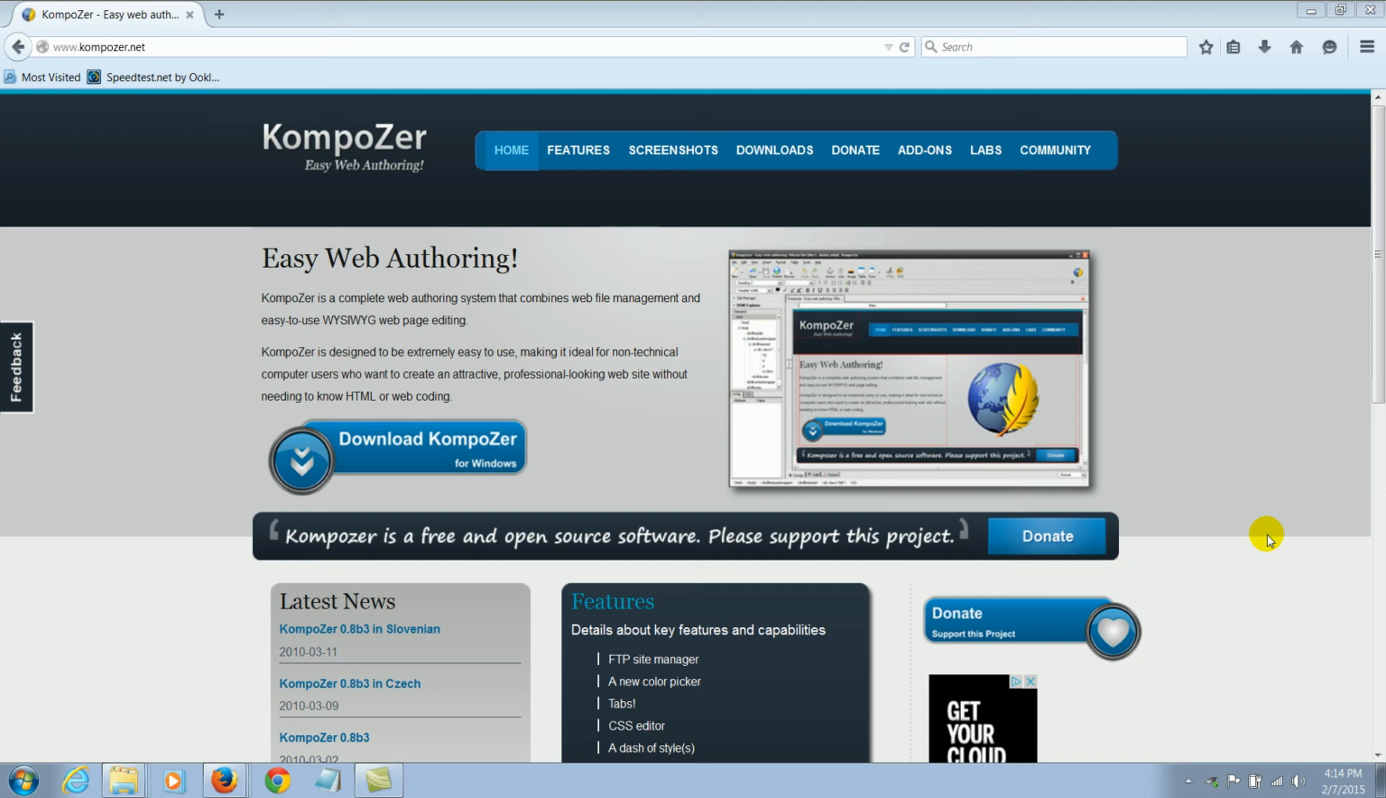Hello, in this demonstration we're going to talk about how to download and set up Open Kompozer for composing your web projects. Okay, the first thing we're going to do is pull up the website. It's www.kompozer.net, kompozer.net. When the site loads, if you have a PC, you can just go ahead and grab it from there,